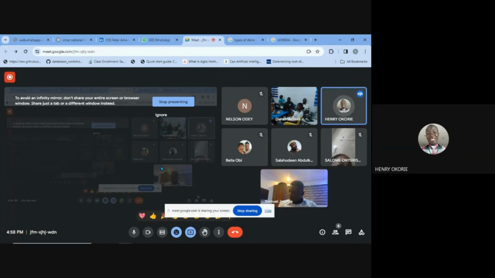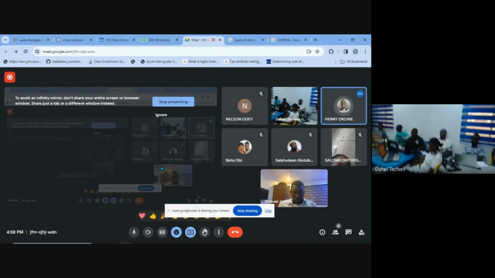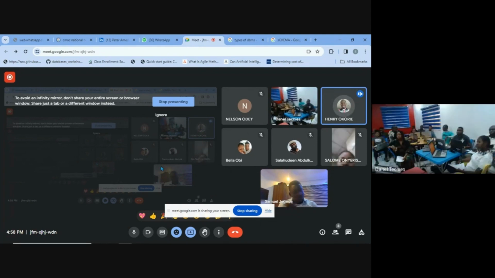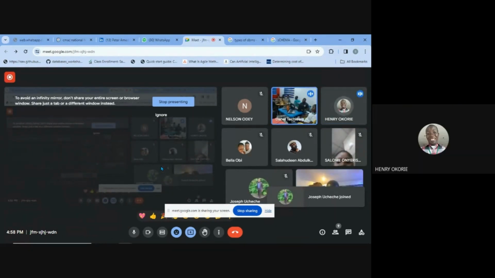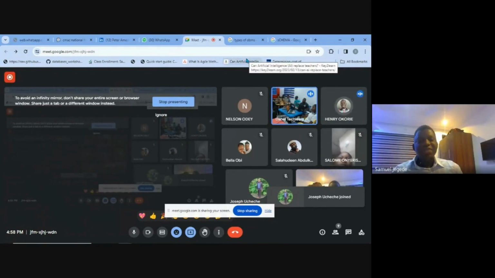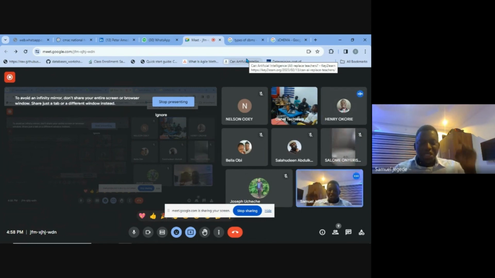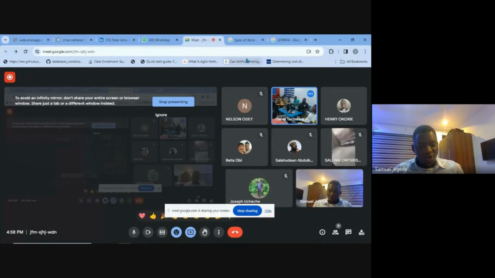Is it that schema is like maybe a catalog or a documentation of what is inside the database? Exactly. Schema will tell you what is inside the database. It will tell you the number of tables, the name of each table, the columns inside the table. It will tell you the data type.